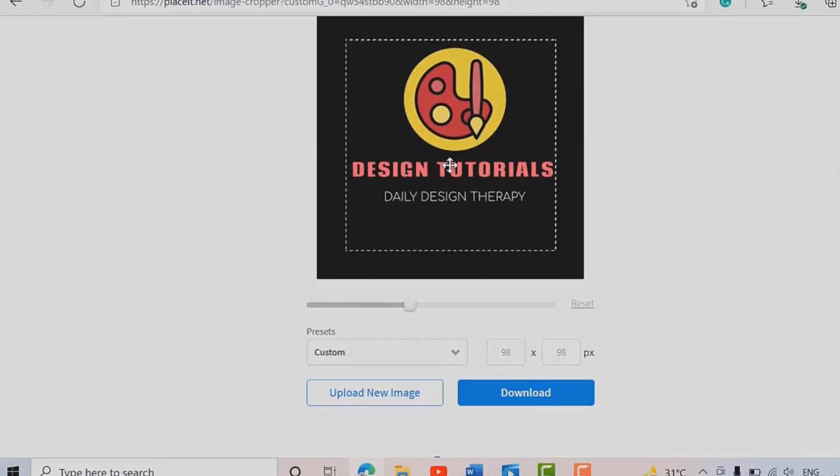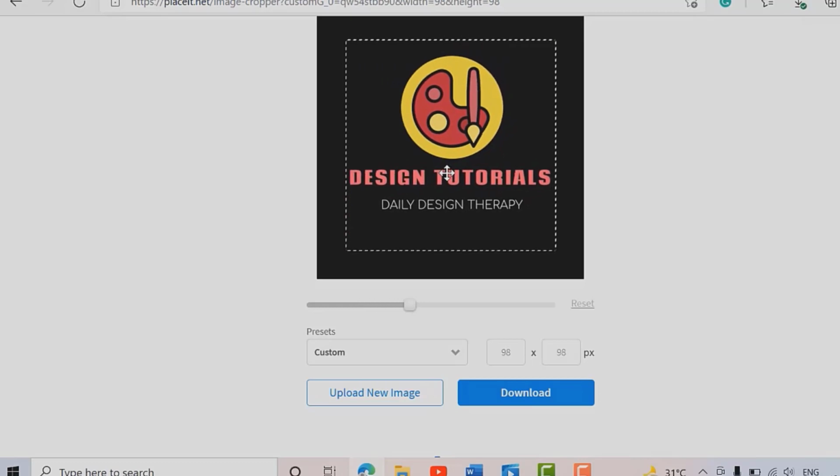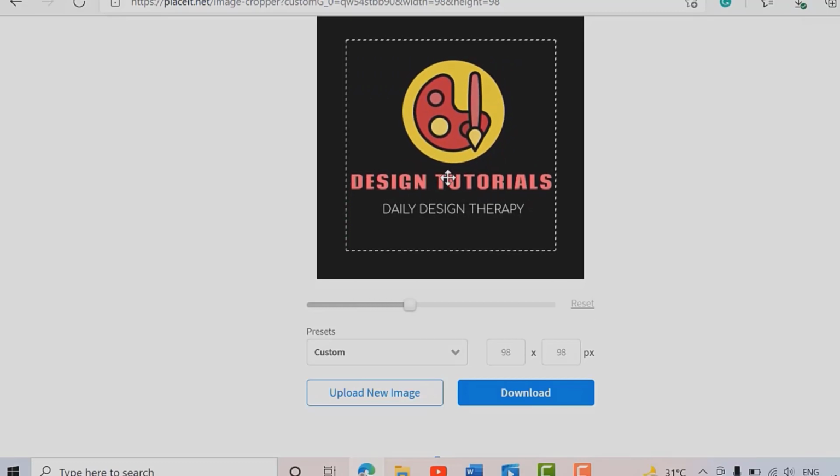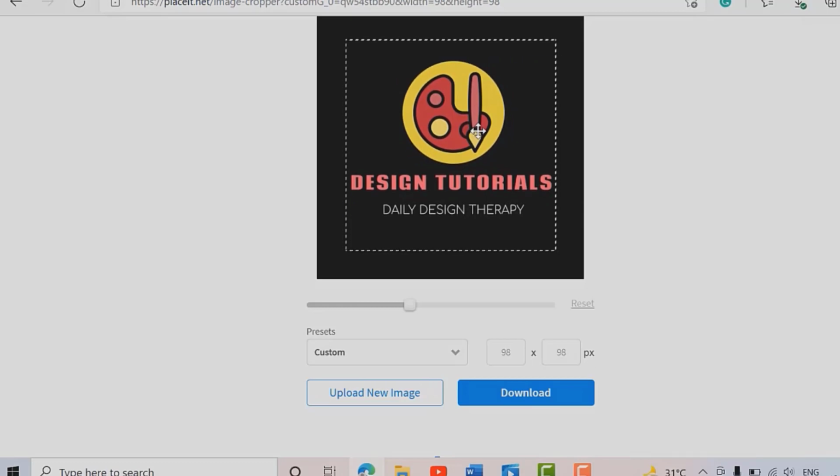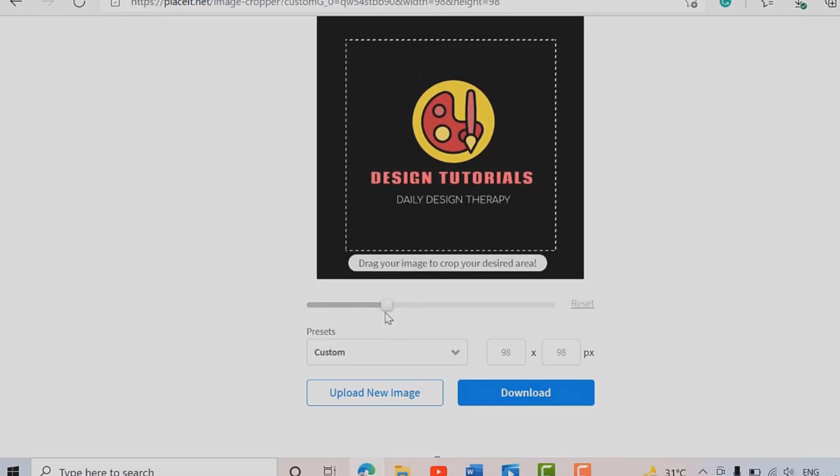Keep it within the design space, align it properly, the graphic as a whole, and a little bit smaller will do. Okay, fine.